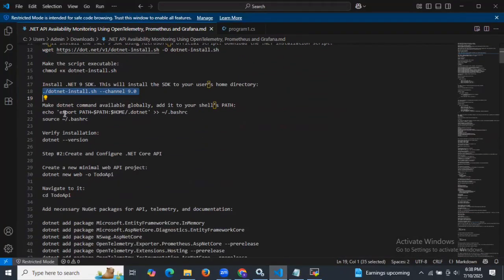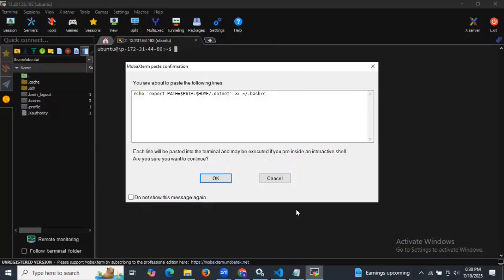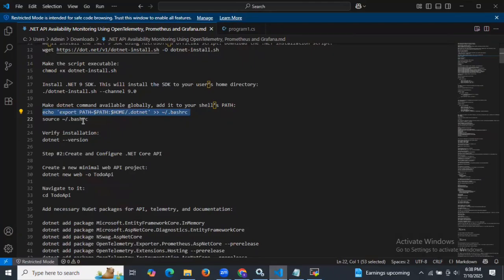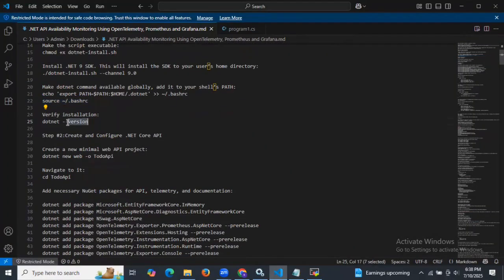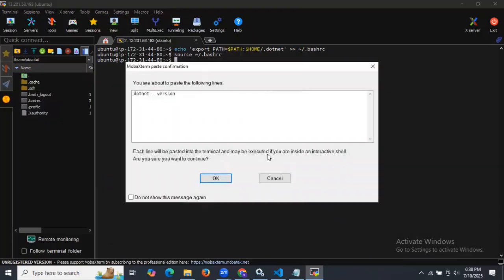Okay, so let's make the dotnet command available globally, so add it to your shell's path. Let's add first of all this, and the second command. Okay, done. And lastly, let's check whether .NET is successfully installed or not, and the version and details